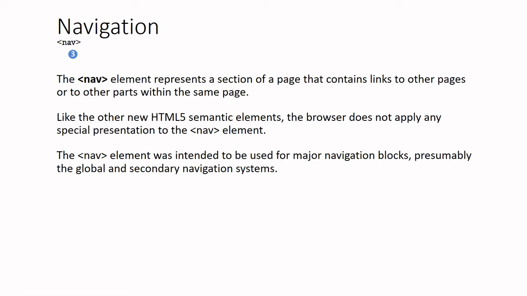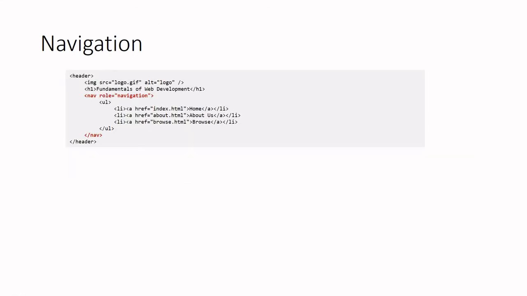So this is the nav element, and we can discuss its block and global behavior in the next slides. Here you see a very simple example: the header section is there, an image, then again the heading. After that they are adding the menu, so they use nav, and below that, for listing purposes, you have the option of the unordered list. So UL, then li, then the hyperlink, a href, giving the page to link to, and then you can display the name, whatever, home, about, and so on. So this is only a very simple example.